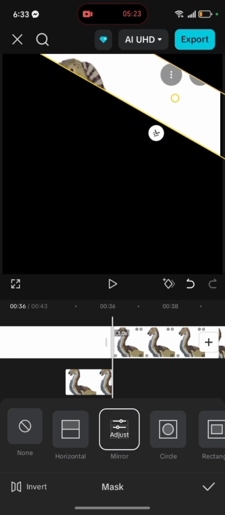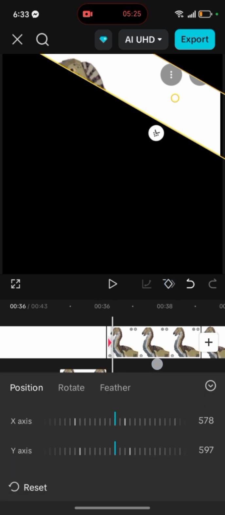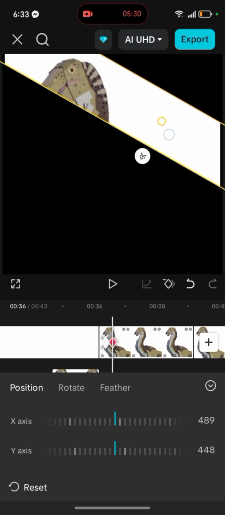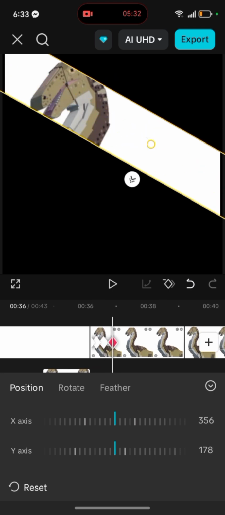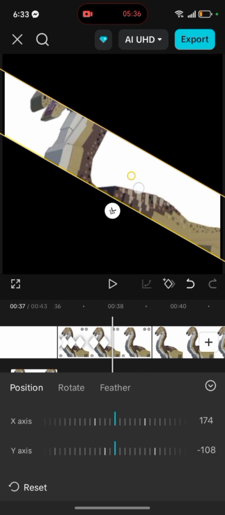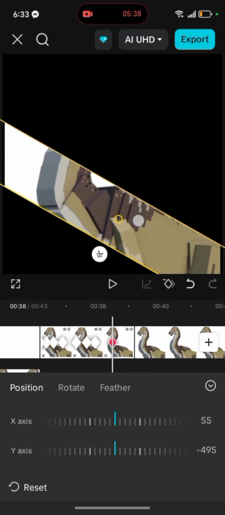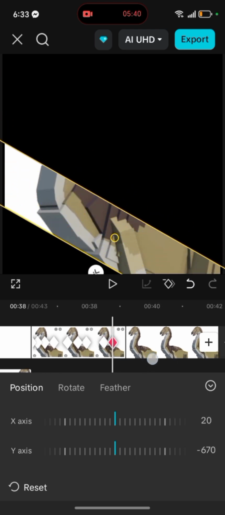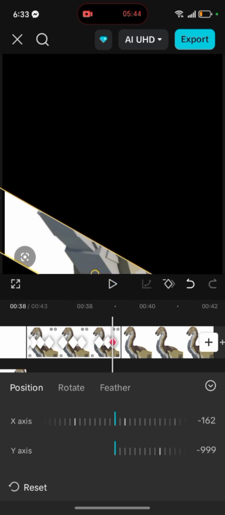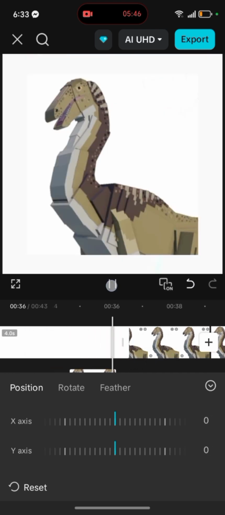And press keyframe. This one here. This one here. This one here. This one here. This one here. And this one here. Okay, let's watch it now.